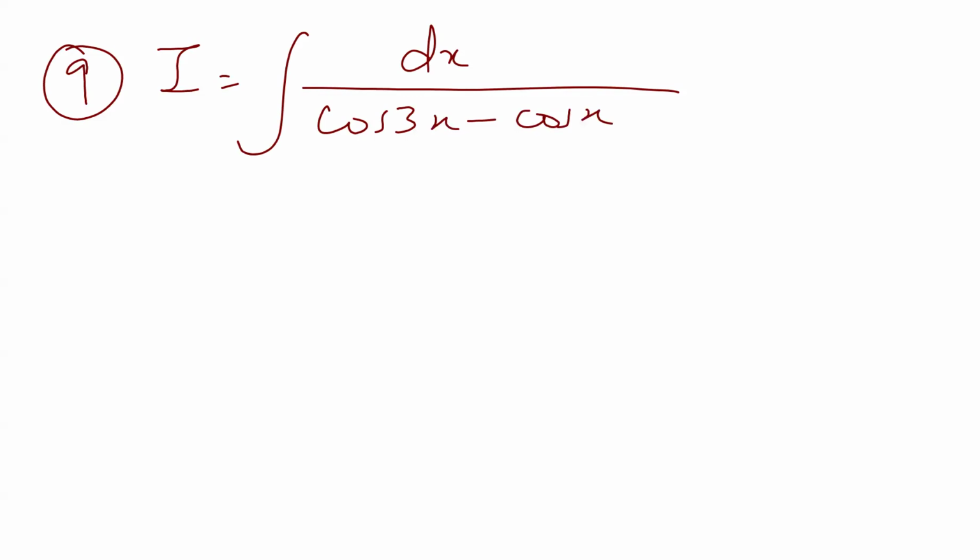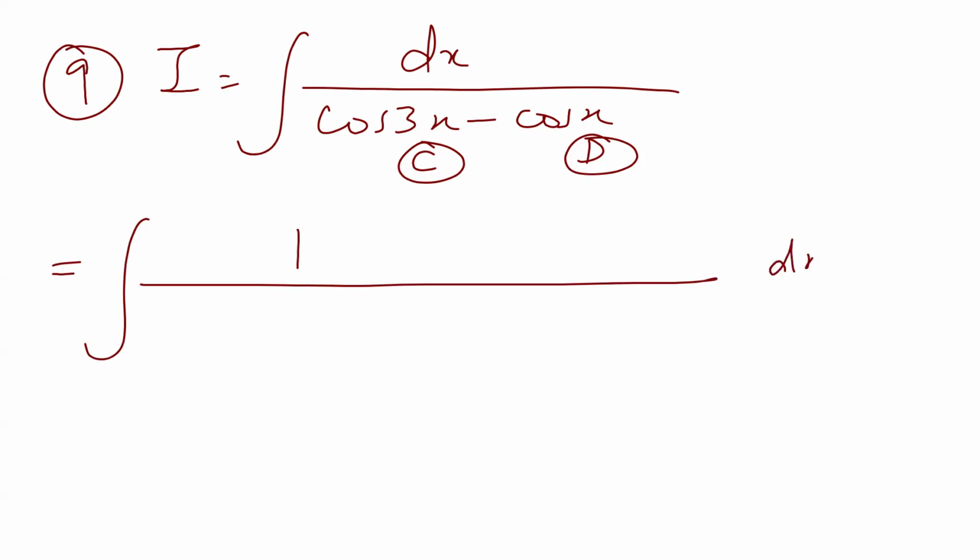Now cos c minus cos d in the denominator, it's a factorization formula. So this is c and this is d. So this is going to be 2 sine c plus d by 2, 3x plus x, that is 4x by 2, that is 2x, and d minus c by 2, sine d minus c,